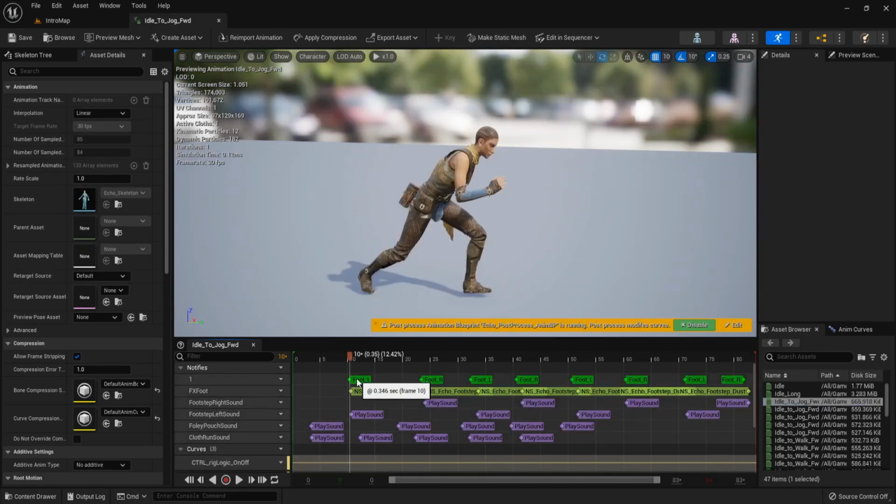And then point your mouse on the notify and you can see the frame that the foot L is called at frame 10.